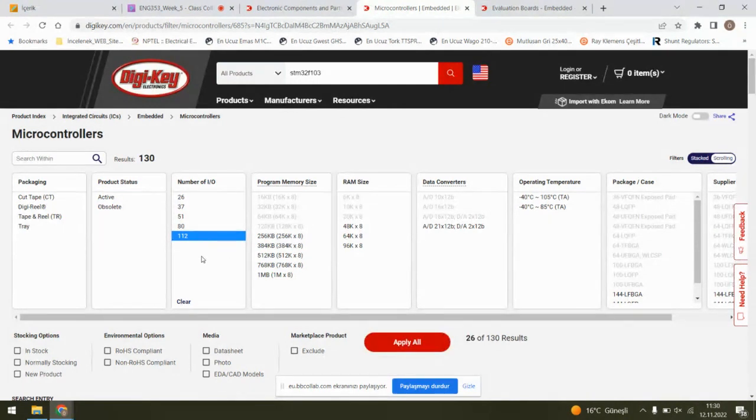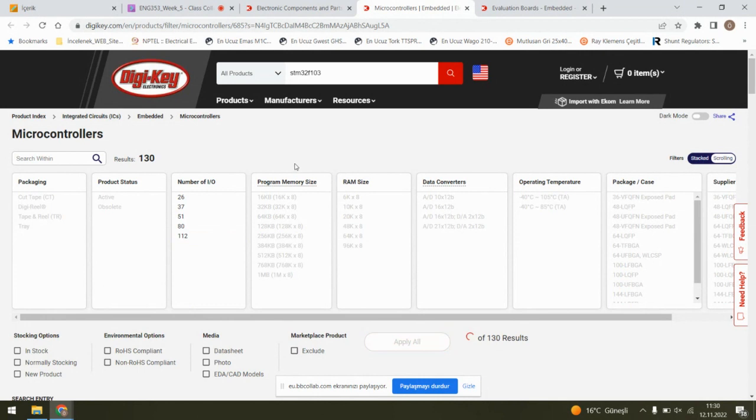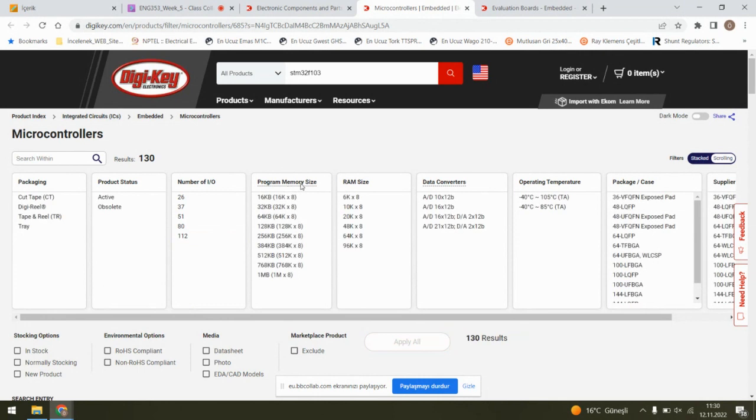For example, in your system, you have lots of fans, lots of LEDs, lots of buttons, lots of one and zero input equipment. You need to select a high number of I/O. Also, now program memory size. Memory size is important. Generally, in our application, we are using 32 kilobyte memory size because it's enough for motor